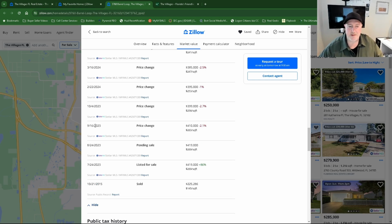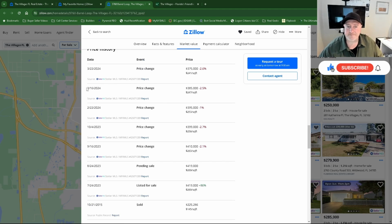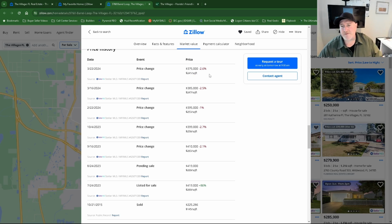So it went back on the market in September for $410, October $399, February of this year $395, March 16th $385, March 22nd $375, at $241 a square foot. So you're always playing catch up in some of these scenarios. And if your realtor isn't watching the market every single step of the way and where houses are being priced,